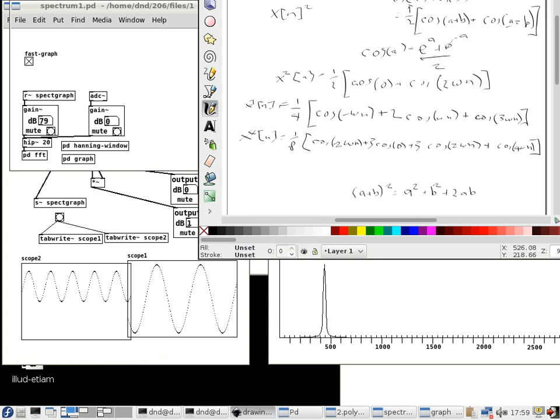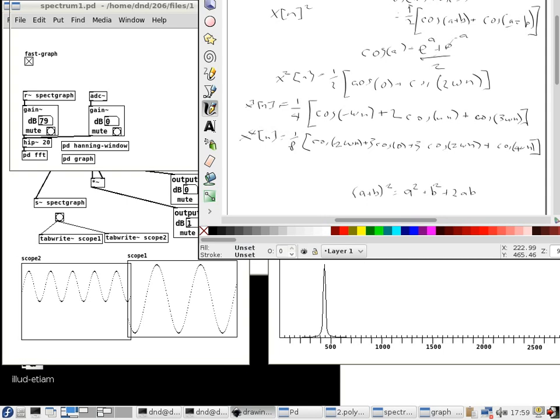Do people recognize those numbers? Pascal's triangle, which you probably were subjected to when you had to study probability and stats. Anyway, okay, let me show you how this is happening and why these equations are building up the way they are. We started with cosine of omega n, and then we squared it,